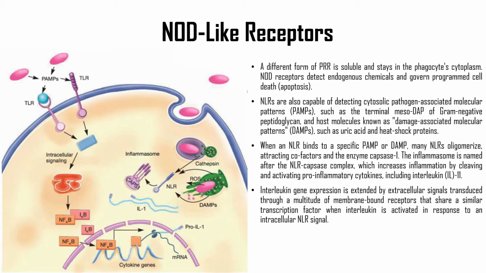Interleukin gene expression is induced by extracellular signals transduced through a multitude of membrane-bound receptors that share a similar transcription factor, when interleukin is activated in response to an intracellular NLR signal. The figure on the screen represents cooperation between two pattern recognition receptors (PRRs), binding of a toll-like and nod-like receptor, TLR or NLR respectively, by pathogen-associated molecular patterns. PAMs activate two different response mechanisms that cooperate to produce a potent